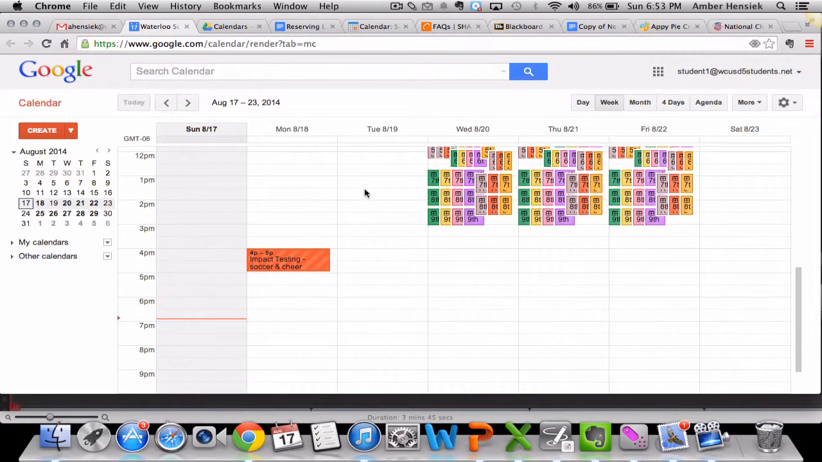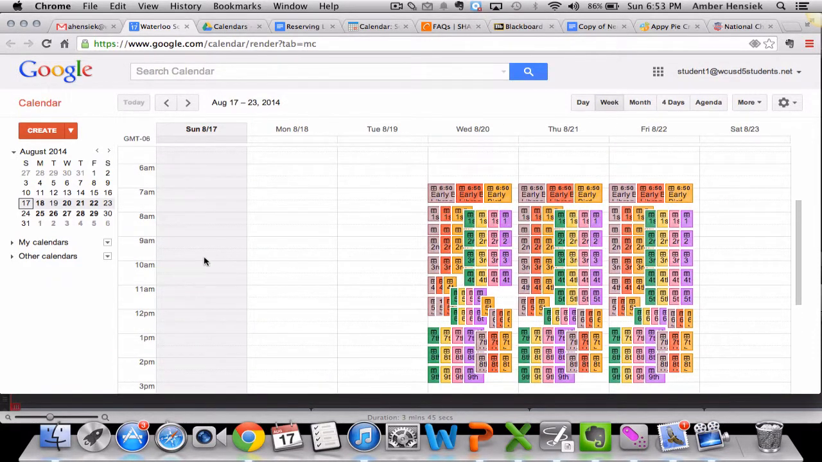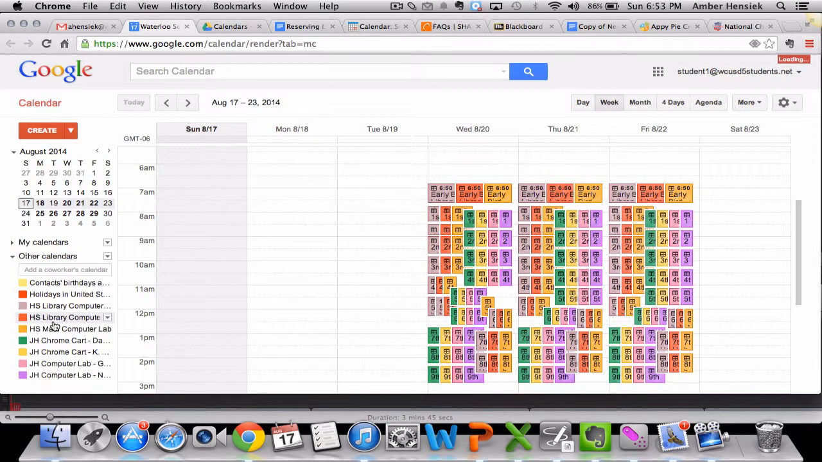And when you're in calendars, sometimes a bunch of stuff will come up since I've shared multiple calendars with you. So the first thing I'm going to do is show you how to get rid of all of that. If you come over here, you have two options, My Calendars and Other Calendars. My Calendars are any that you have created, and Other Calendars are ones that I've shared with you. So as you can see, here are some of the calendars that I've shared with this person. If I want to reserve the library,